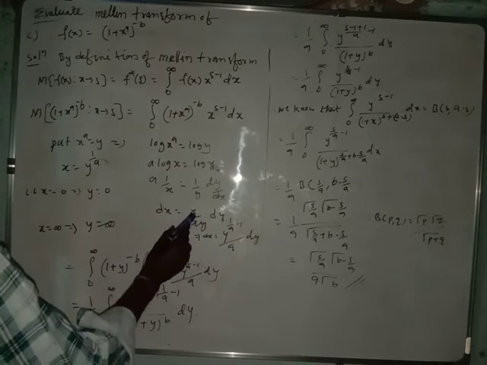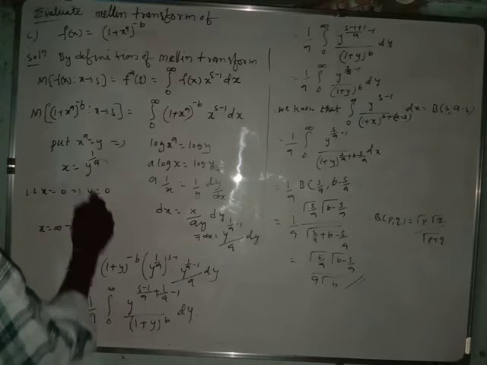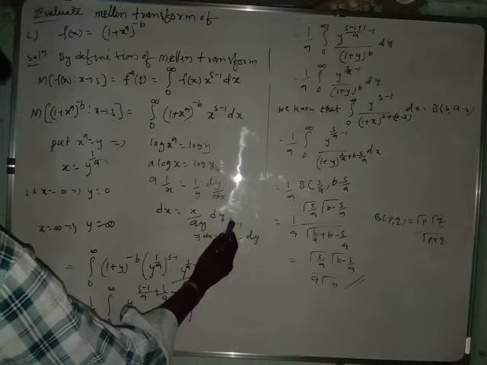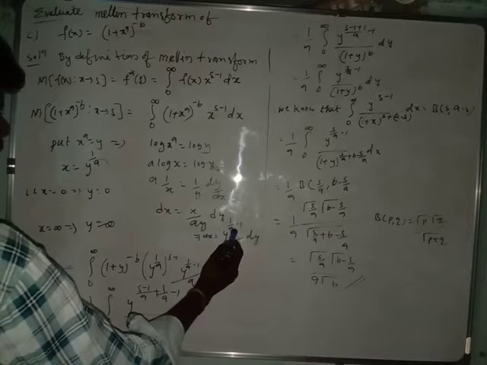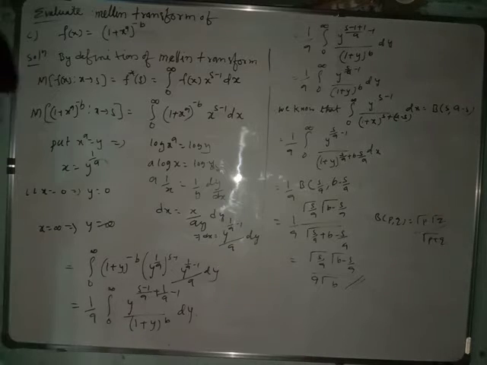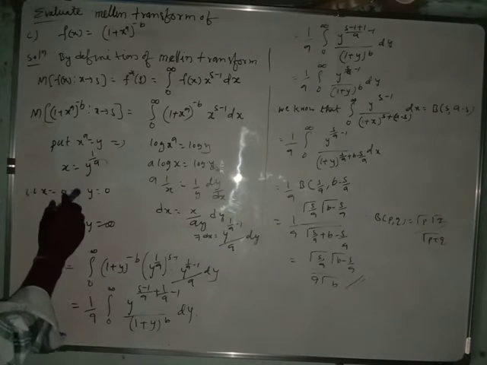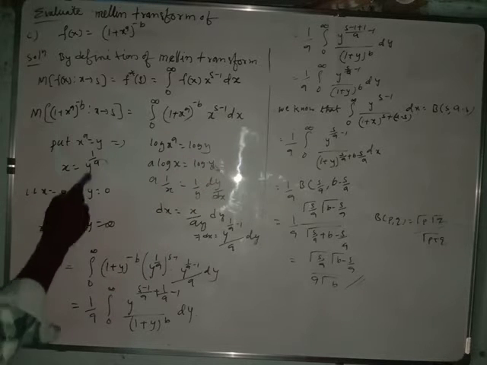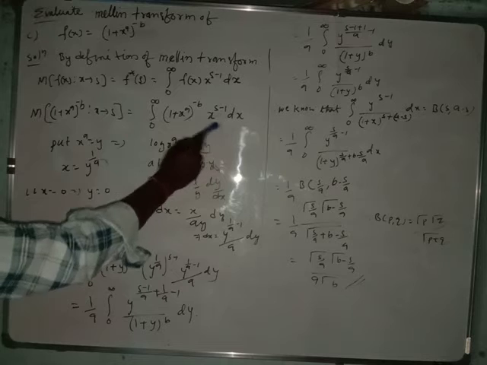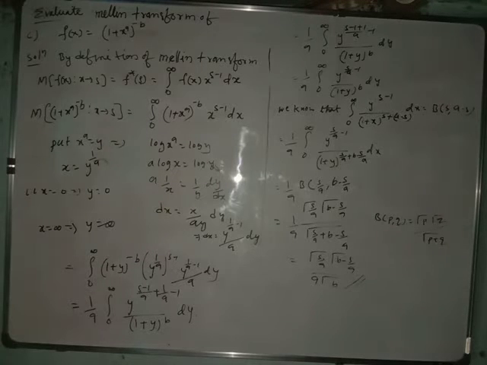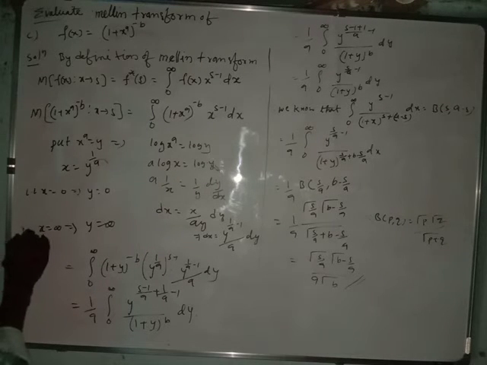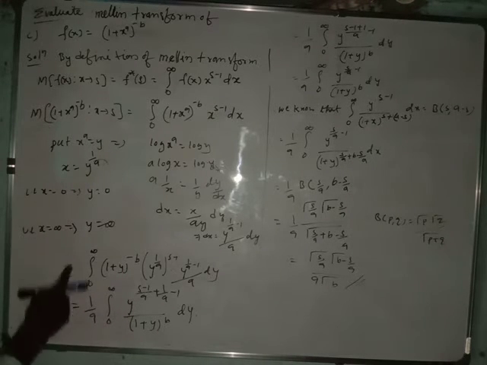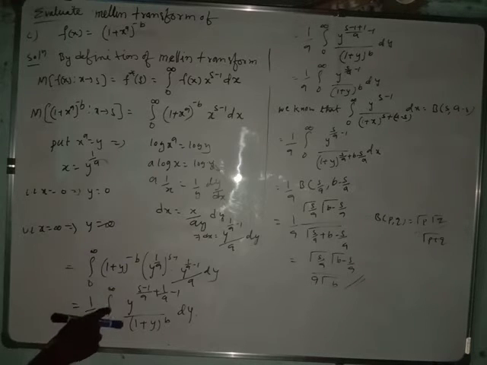Now substitute the x value here. x is y^(1 by a), so dx equals y^(1 by a minus 1) by a into dy. Now for the limits: the lower limit of x is 0, which implies the lower limit of y is also 0. The upper limit of x is infinity, which implies the upper limit of y is infinity. So substituting these values in this equation,